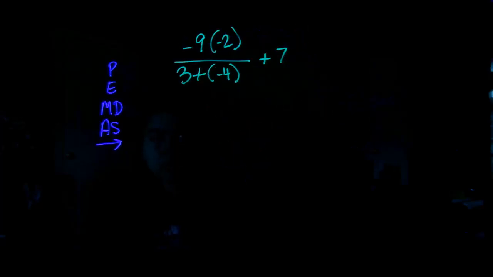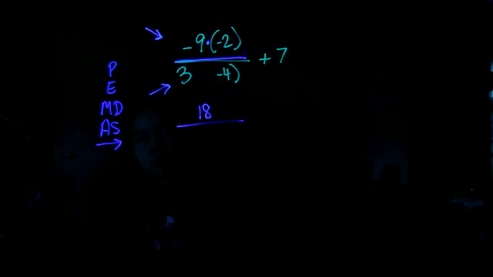Here's another problem with a large fraction with operations on top and bottom. So we're going to use the order of operations in our numerator and the order of operations in our denominator before we divide, because we know a large fraction means division. So on top, this is multiplication. Negative 9 times negative 2 is positive 18. On the bottom, 3 plus a negative 4. Remember, plus minus is the same thing as just minus. 3 minus 4